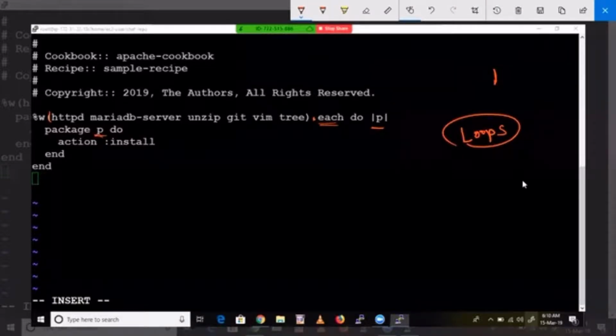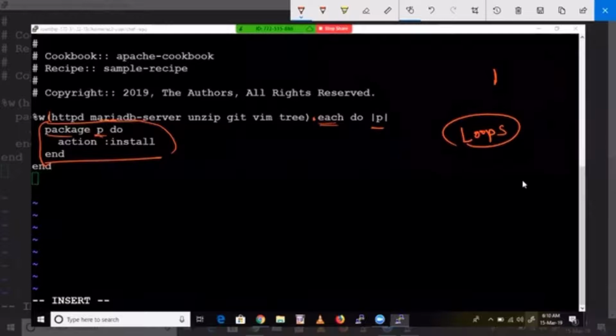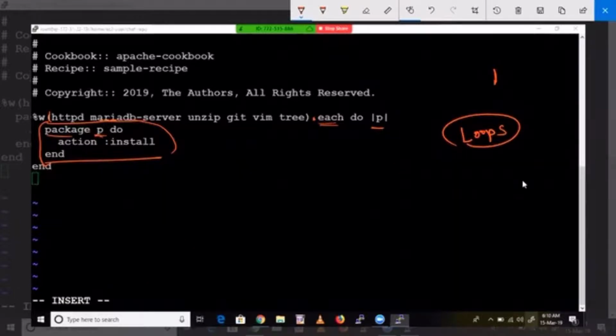See here, you know this one, package, some package name, package install. So package p, we have given p. Now the p will be replaced with httpd. Do action install and end. httpd will be installed. Next, the each, right? That means one loop is over. Again, the second time the p will be replaced with the next package. We call these iterations.